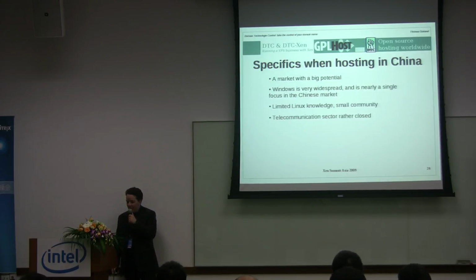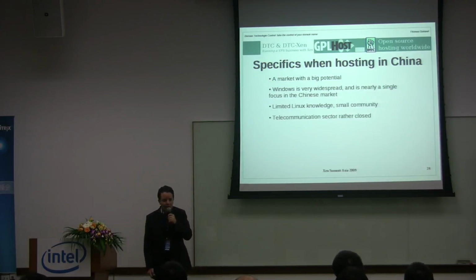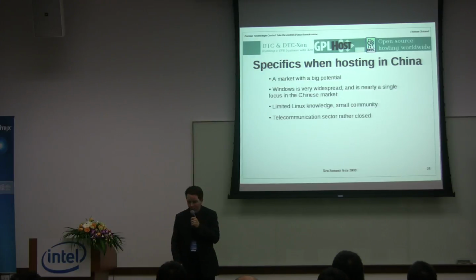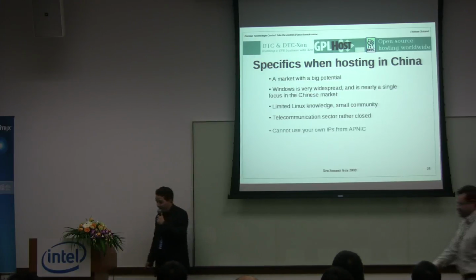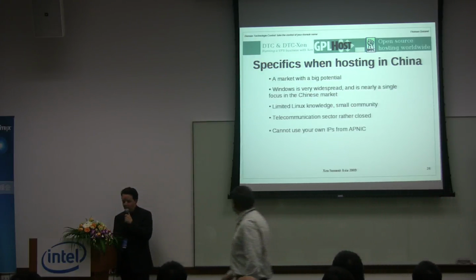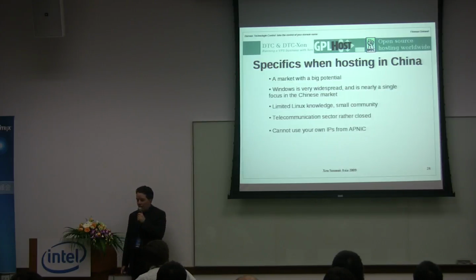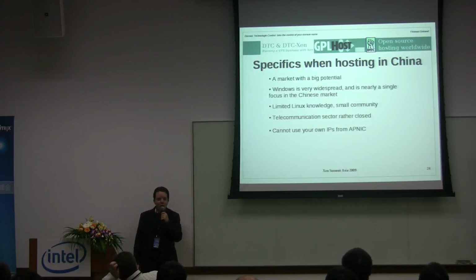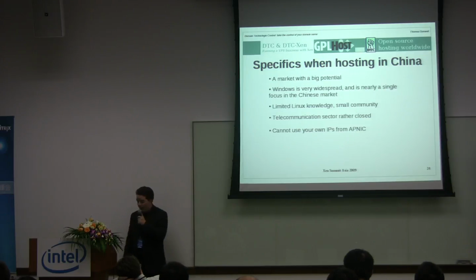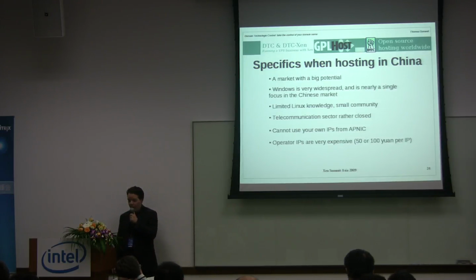The telecommunication is rather closed. It's hard to get in the market. There's a license that you've got to get from the government, and with VPS hosting, you need lots of IP addresses, and you cannot use your own from the APNIC that you've bought for other countries, and you've got to pay for API